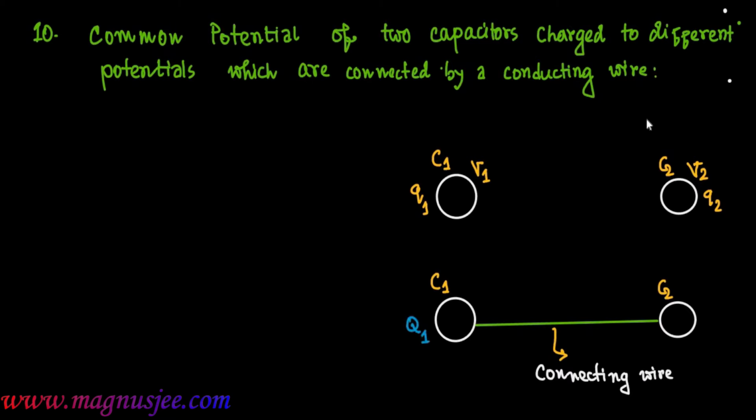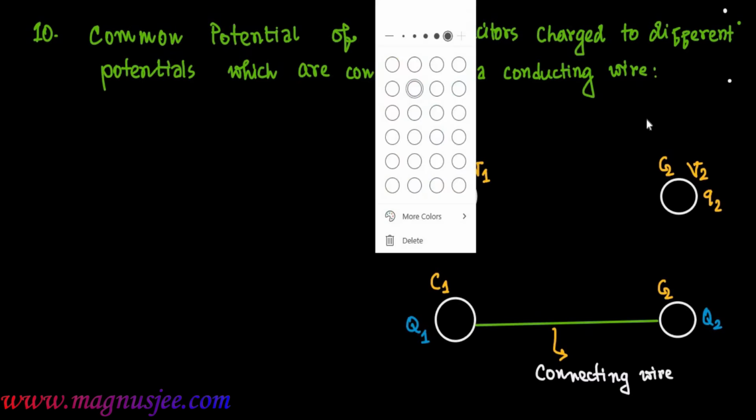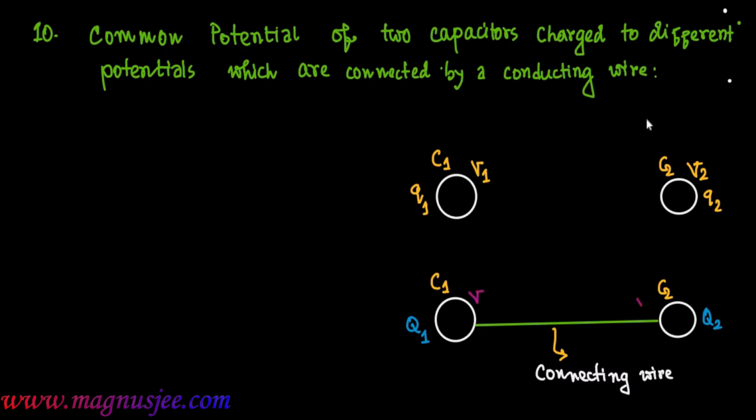These two capacitors are connected by a conducting wire, and the final charge of the two capacitors after connecting them becomes Q1, Q2, and the common potential is V. Final or common potential of the two capacitors becomes V and V. The common potential of the two capacitors,